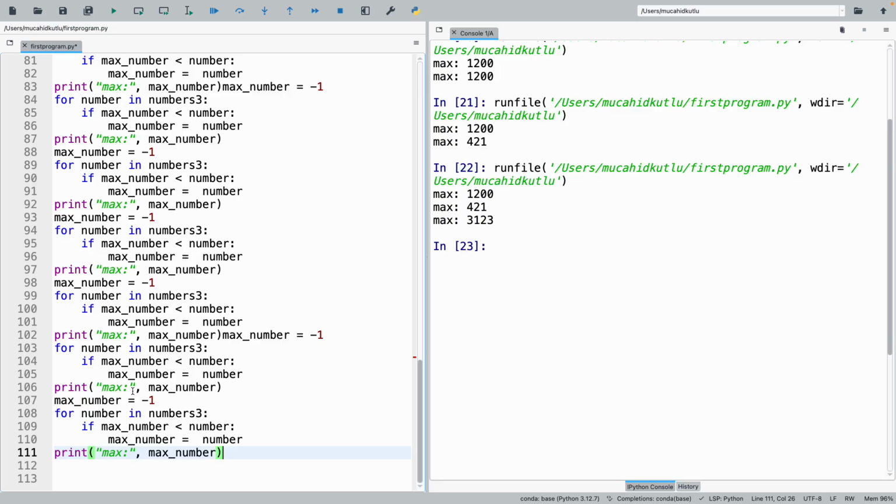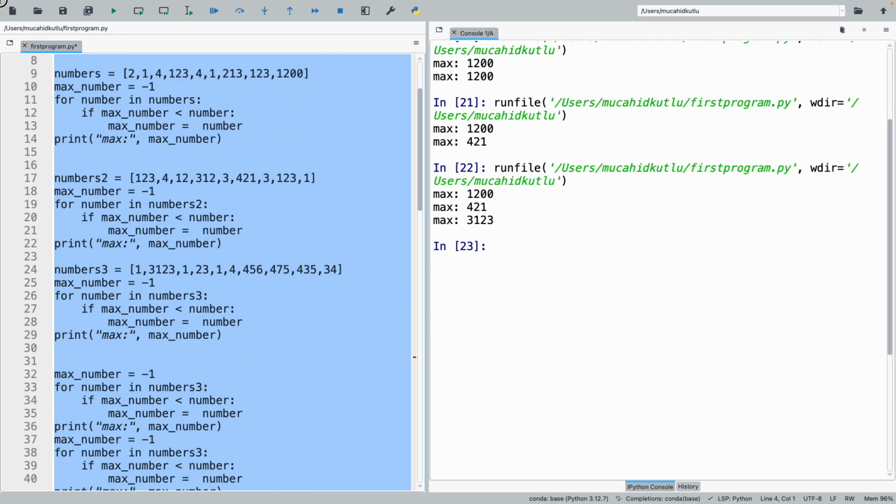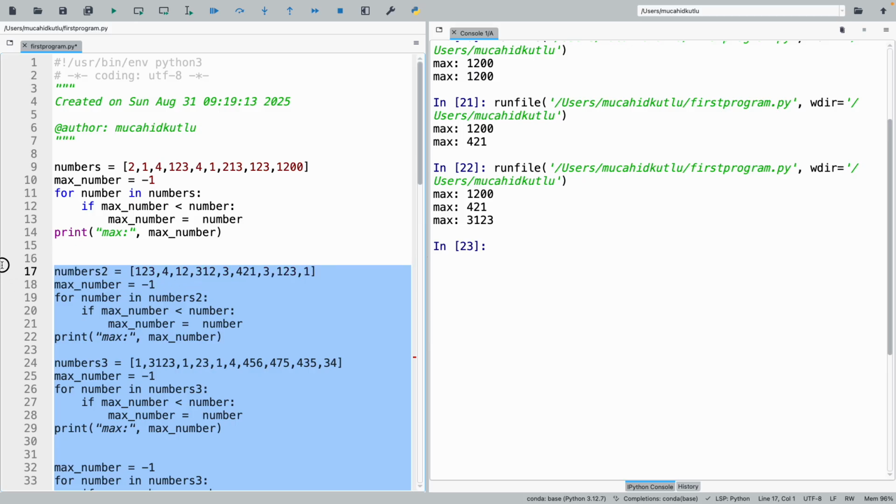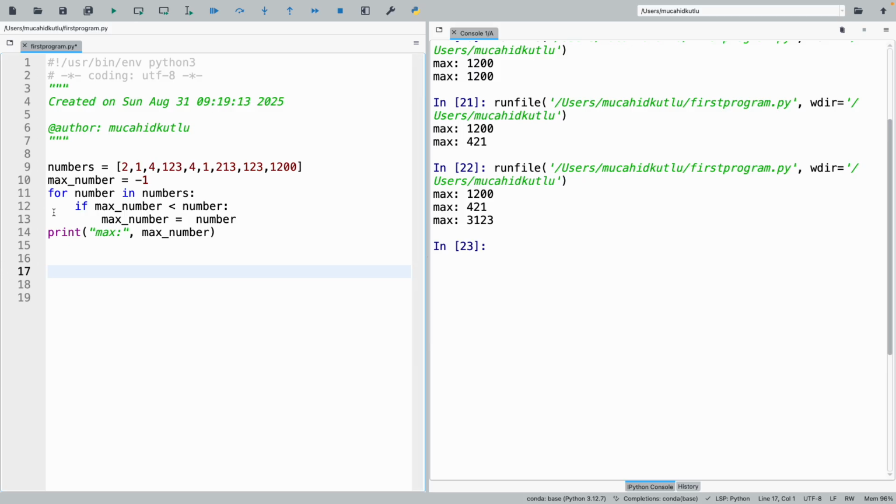So what I will do is, instead of this long messy code, I will first say, okay, I got your point. You are giving me some numbers, and I need to find the maximum number. But actually, my algorithm will not change. So instead of doing that calculation for a given specific number list, I will first define how to find a maximum number for any given list of numbers. Okay? So I will define it